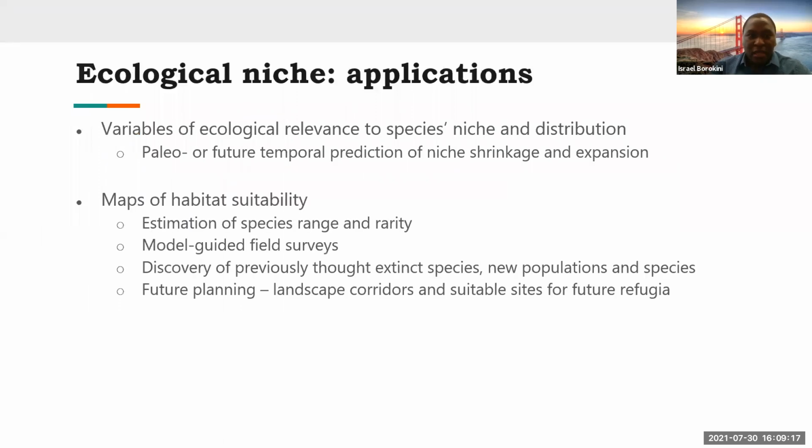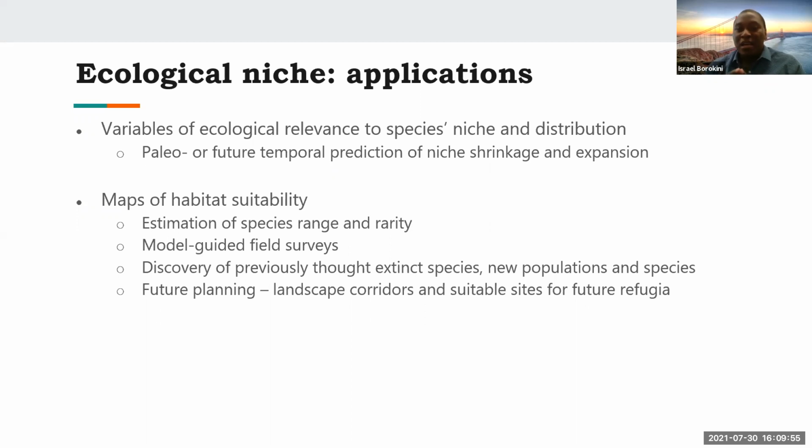Niche modeling has a lot of important applications because we can use niche models to identify which predictor variables have ecological or biological importance to a species. For example, say for species A we fitted the models and found that temperature was really important. Then we can make predictions based on that. If climate change continues,